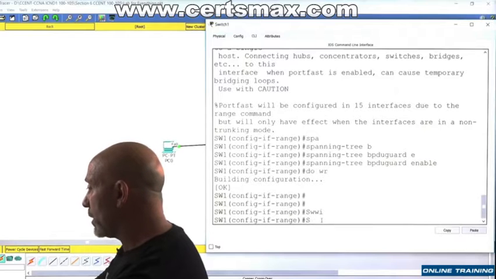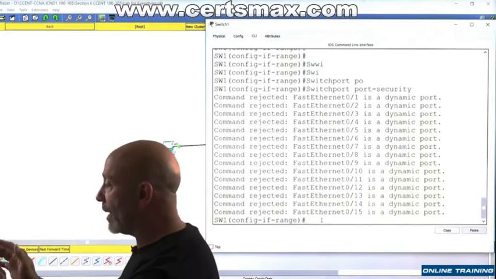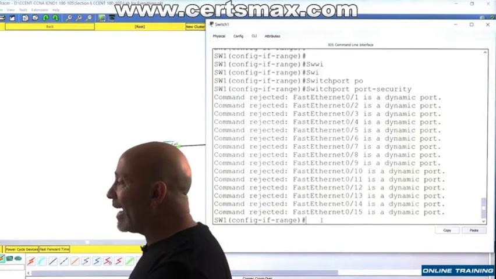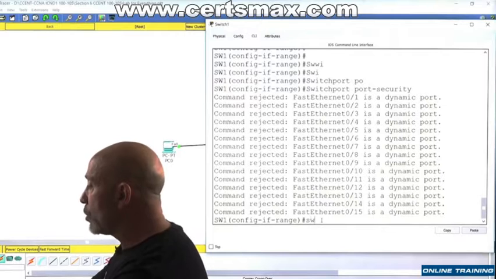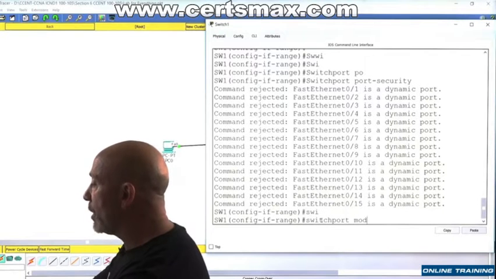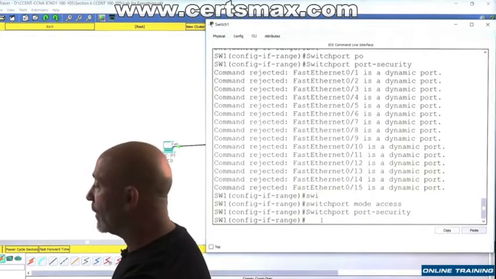Am I spelling switch correctly? Switch port security. That turns it on and says, hey, everything's dynamic. I can't do that. Oh, okay. So then we're going to do switch port mode access. Now we do switch port security. Look at that. Okay, we're going to up arrow and we're going to do